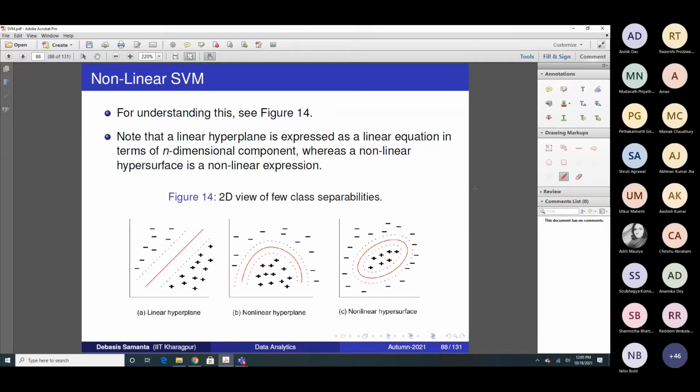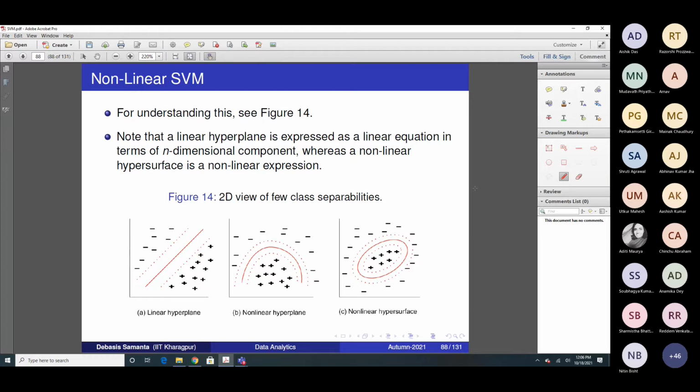So now how to deal with this one? To deal with this problem, there are two concepts. One is the soft margin support vector machine. Another is the technique called the kernel trick. The soft margin support vector machine is good if the data is not so linearly not separable. But if the data is in a really very nonlinear form, then soft margin does not work better. But in that case, the kernel trick is the best policy. And today we are going to learn about this concept of kernel trick.